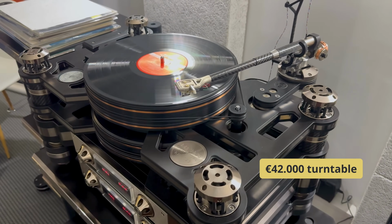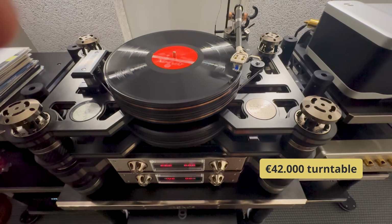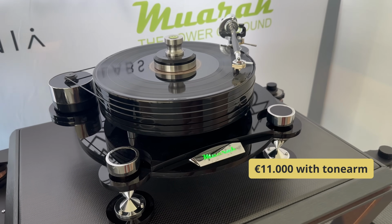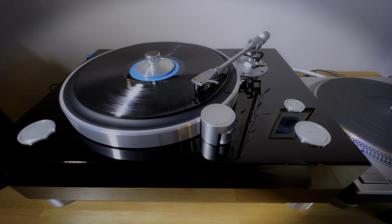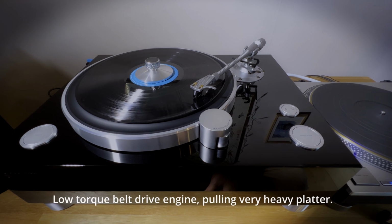Why do so many ultra-high-end turntables still use belt drive, you might ask? Well, by physically separating the motor from the platter and connecting them only through a soft rubber belt, vibration is mechanically filtered out. It's an elegant, passive way to isolate motor noise without needing advanced electronics or software control. Typically, it introduces that waiting time on heavy platters spinning up to operational speed, and you have to keep that